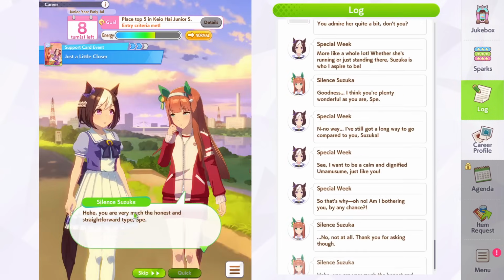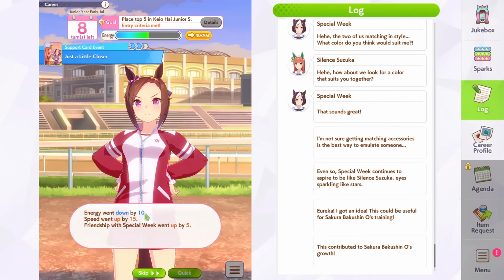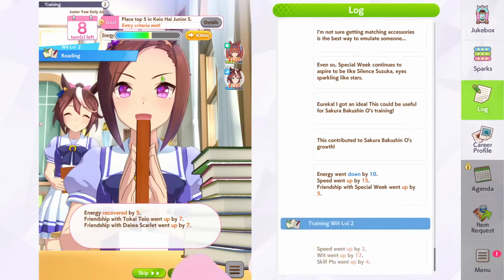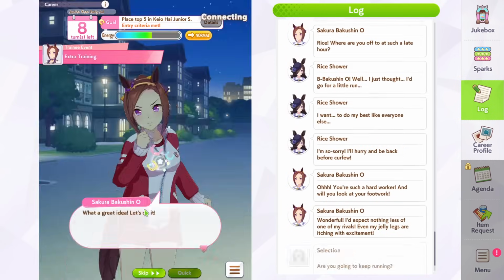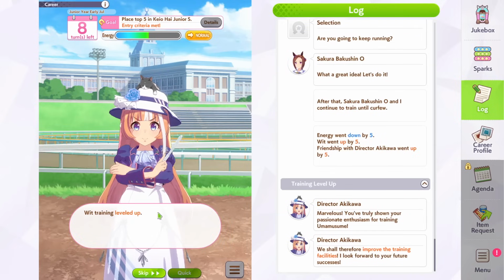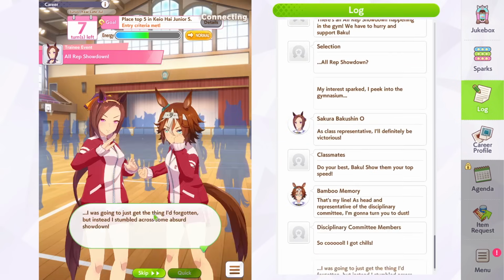And playing this is always a bit of RNG as well. Sometimes you have good runs, sometimes you have bad runs. And remember, we're not going to touch rest. We're a bit low on energy, so we're going to spam wit, and actually I probably shouldn't have done that. Okay, wit has leveled up, so now we're going to go in with